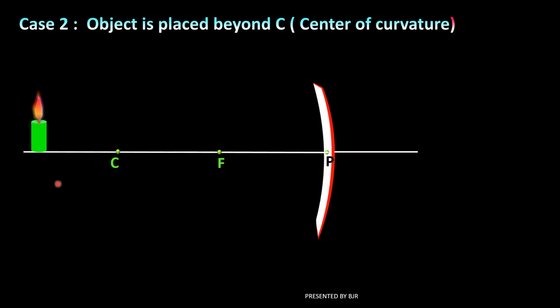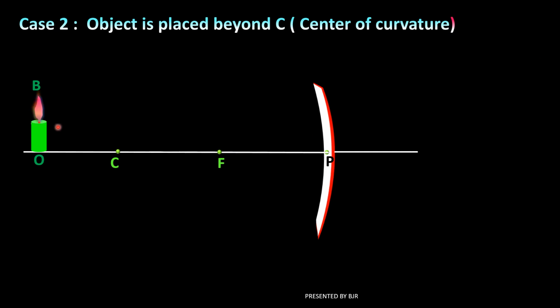Now, just now I told you the 2 rays that I am going to use. Okay, so here OB is called the object. That means the object is placed beyond C. Now we have to locate the position of its image, where the image will be formed in this case. What we have to do? We have to draw the ray diagram. So in drawing the ray diagram, how many rays am I taking here? Only 2 rays, ray 1 and ray 2.